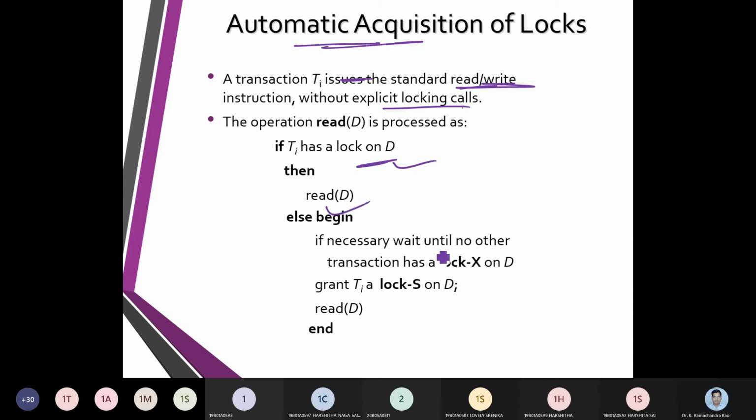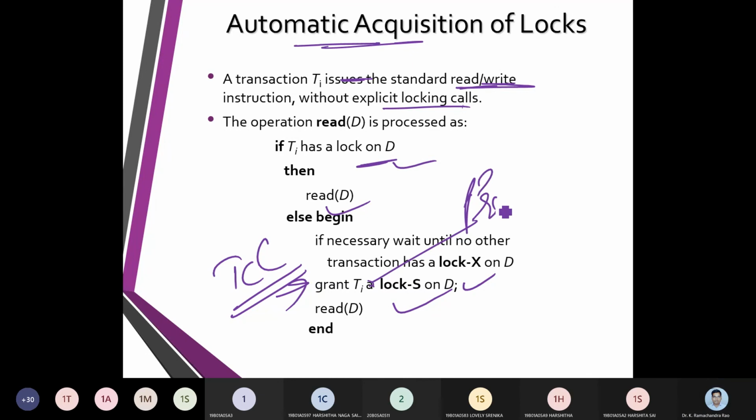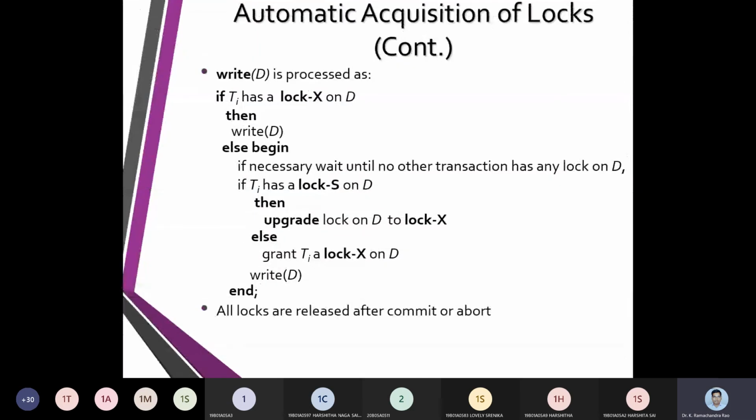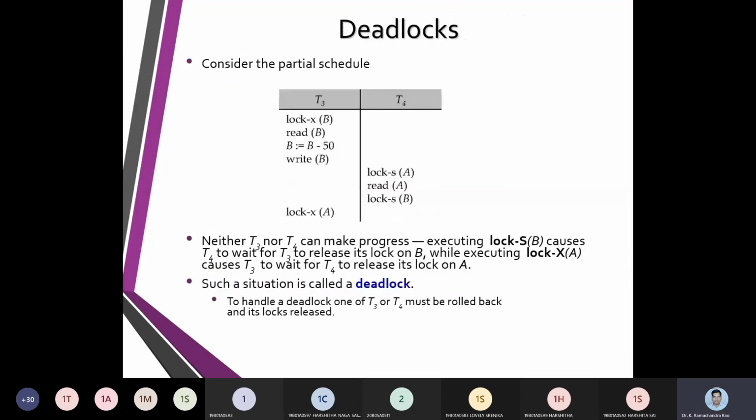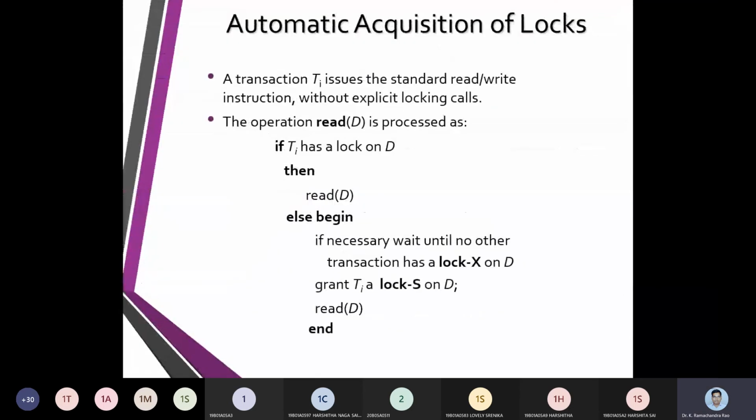Then we check what lock is applicable at that particular time. If it is not found for a data item, then we use the transaction control language command and give a grant, that is nothing but a privilege, to access the item and thereby release the item. So that is all regarding the two-phase locking.